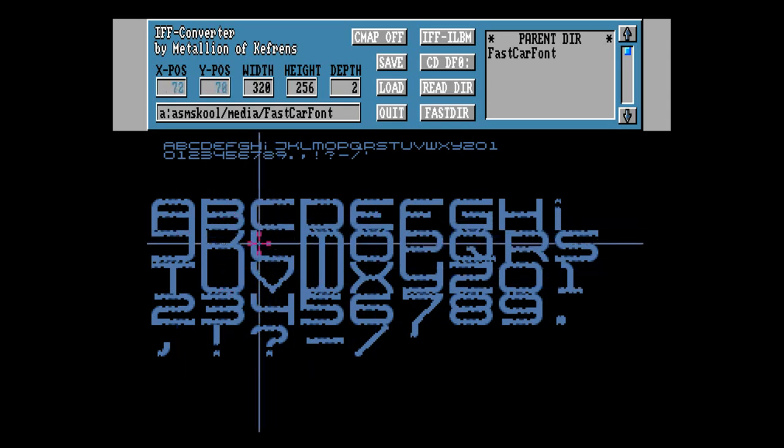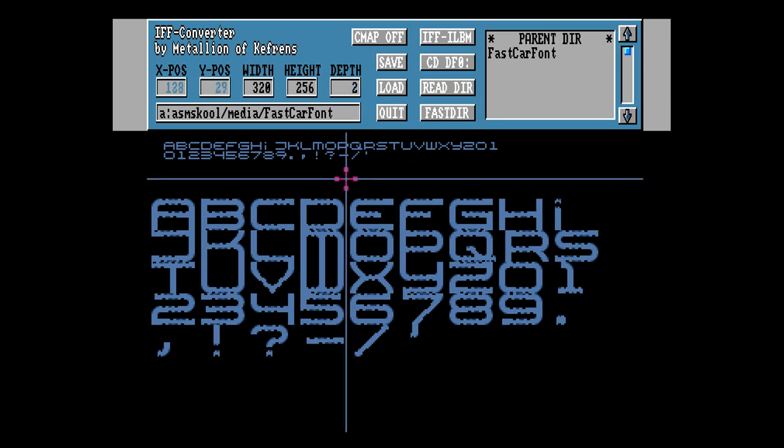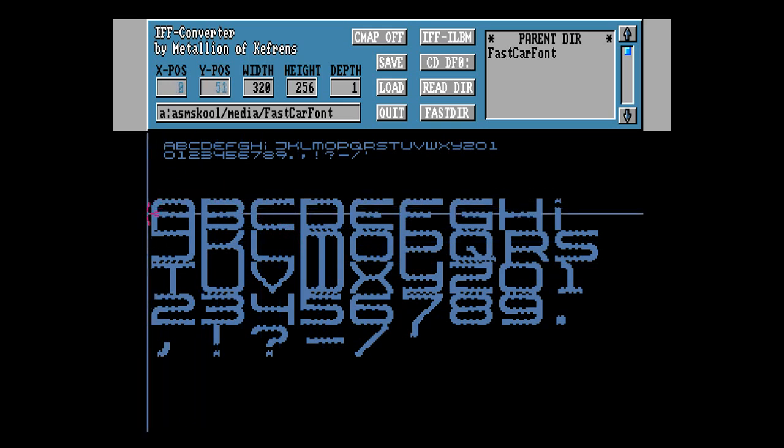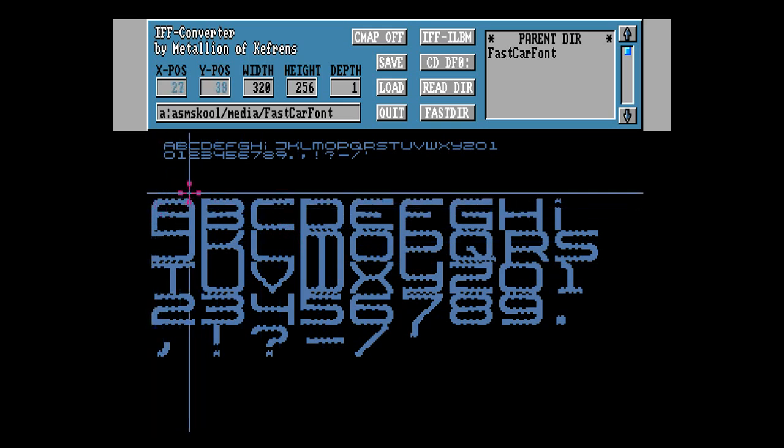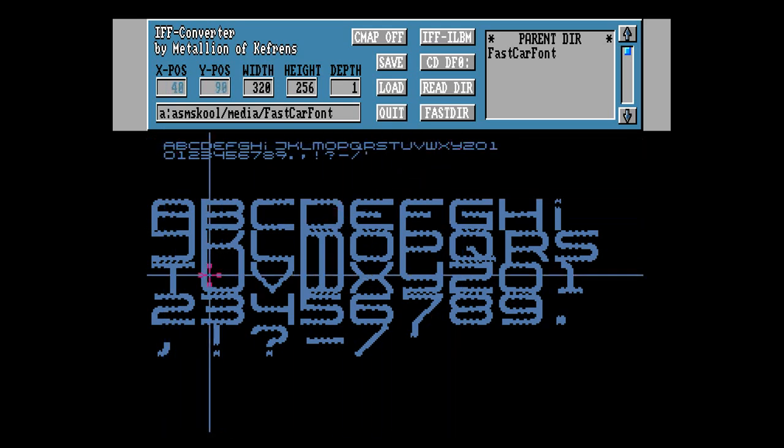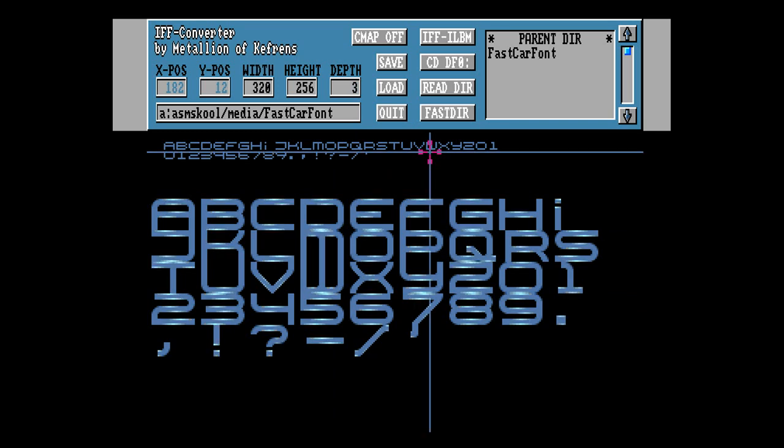So your best bet for that is to remap the colors or strip information from the font, and resave the picture and then set the depth to 1 bitplane. If we go further to 1 bitplane, you will indeed only get the background color plus the foreground color. The small font is still intact and can be used, but the big font is pretty much trashed. We don't care about that. We're going to save a 3 bitplane version of the font, and we're going to